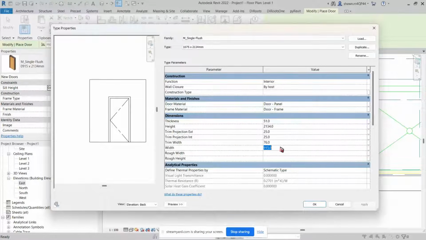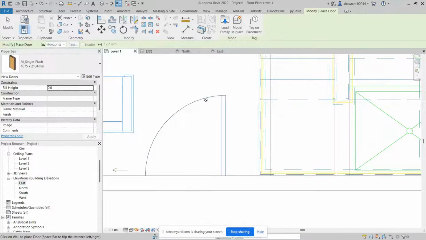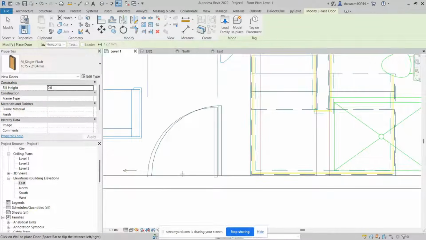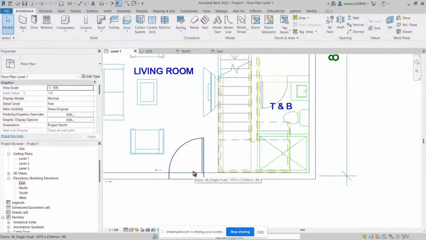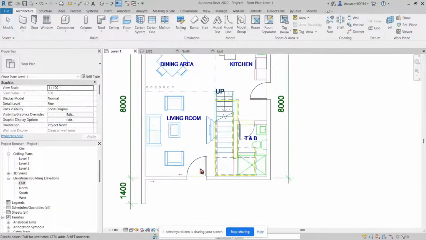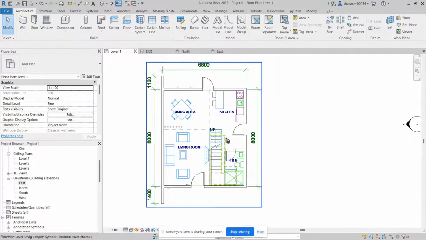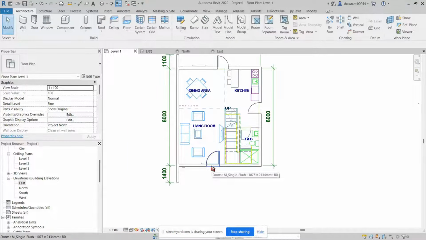Then I'll change the width to 1075. Okay. Then click to place. All right. So we have already placed the doors. And now let us go and